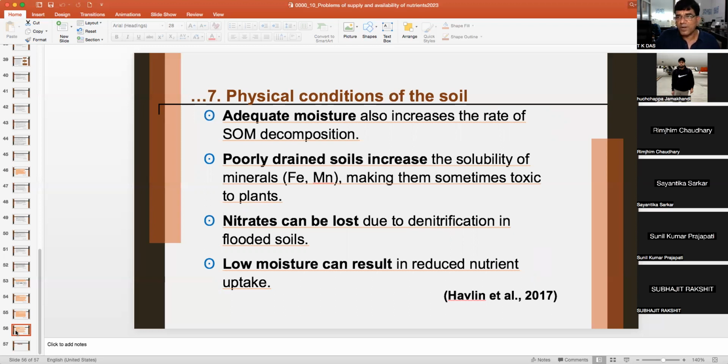Means if you have excess water accumulation, particularly in acidic soils, then you can have iron and aluminum toxicity. Nitrates can be lost due to denitrification in flooded soil. Another negative point of flooded soils. Low moisture can result in reduced nutrient uptake. So you have two or three options of soil water. In some cases, if you have excess water, it can affect the availability of nutrients, or too little water can also affect the availability of the nutrients. So overall,